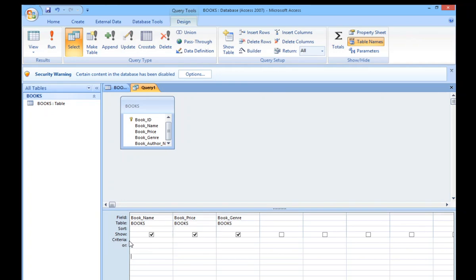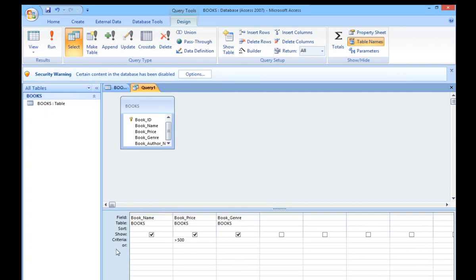Then this is the most important row, the criteria row, where you have to enter your criteria. So what is our criteria now? The value must be greater than 500. It must display all the records, or all the books, that are greater than 500. For a single condition we are going to use only this criteria row. If you have multiple conditions, then you'll be using the rest of the rows also. I'll teach about this in your next class.